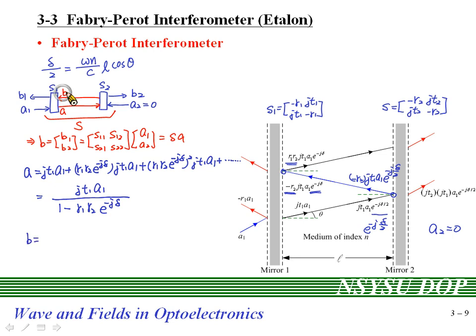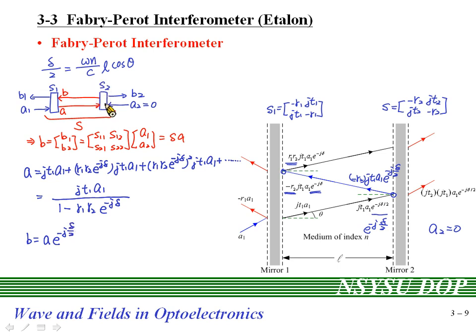As I have said, the amplitude of B means A goes from mirror 1 to mirror 2, is reflected by mirror 2, and goes from mirror 2 to mirror 1. Then we have B. So the amplitude B can be obtained by starting with A. It goes from mirror 1 to mirror 2, and you will gain phase difference minus j half delta.